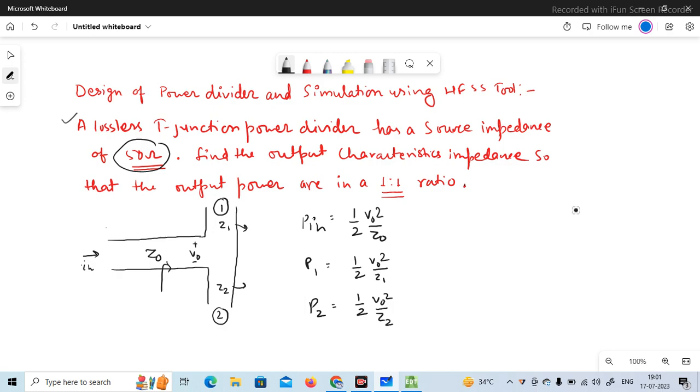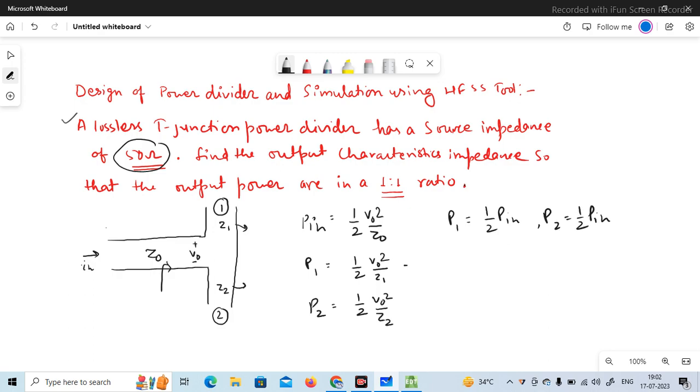So we want the power to be divided half and half between ports 1 and 2. So the ratio is 1:1, which is 1 by 2 and 1 by 2. I can write P1 also in terms of P in. Half of P in should be available at P1 and half of P in should be available at P2. So P1 will be half of P in and P2 will also be half of P in.